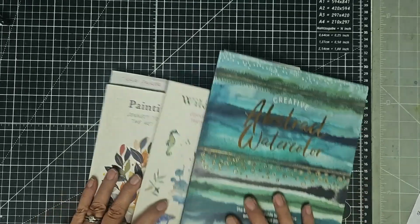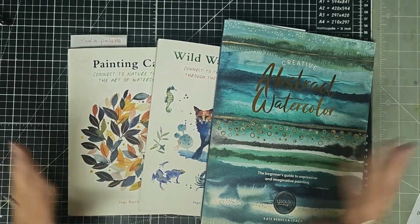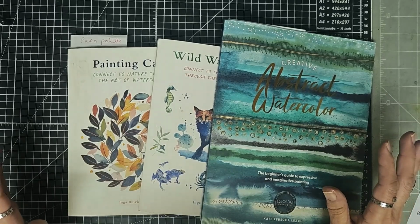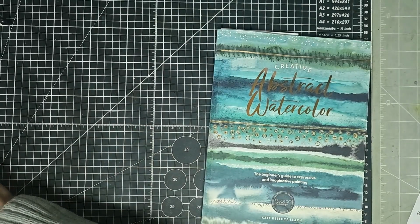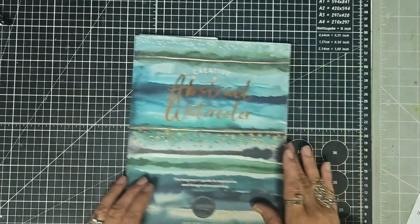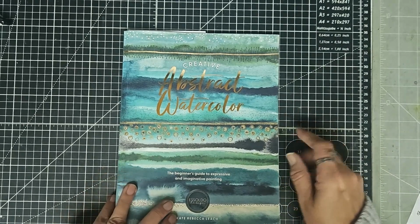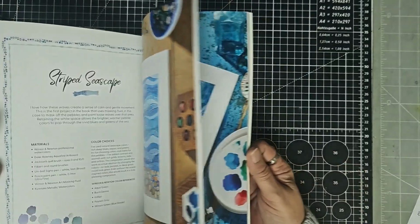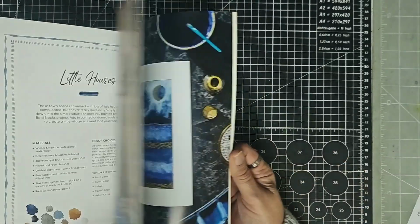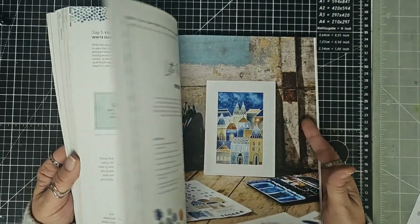Well, actually it's 3 things, because these have been my most favourite books really for this year. And so let's start with the Kate Rebecca Leach book. This one is called Creative Abstract Watercolour, the Beginner's Guide to Expressive and Imaginative Painting. And I used one of these somewhere here, or maybe even more than one, as an inspiration for some of my